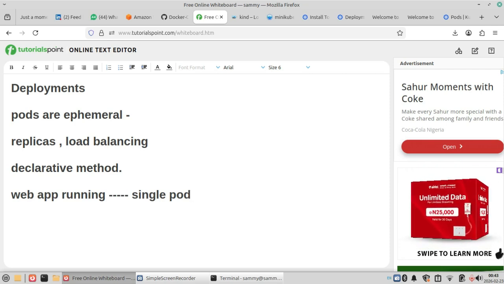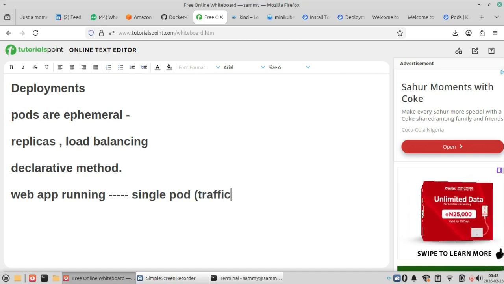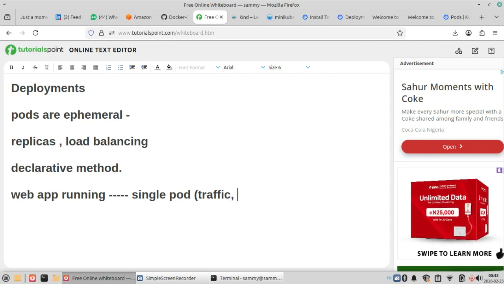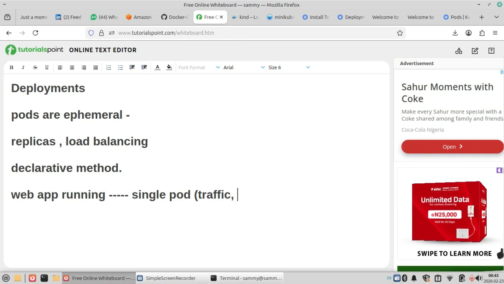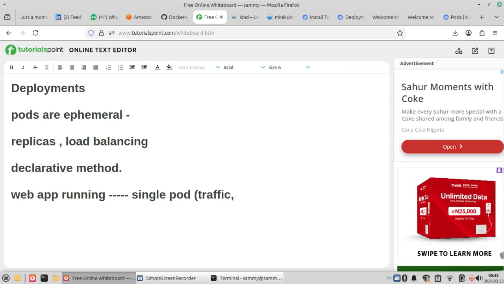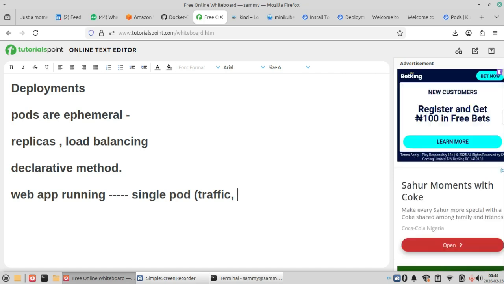And the pod can crash due to traffic and some other things. All right. And now that the pod crashes, users are definitely blocked. So what this means is that you have to recreate the pod manually. So this is exactly why we use